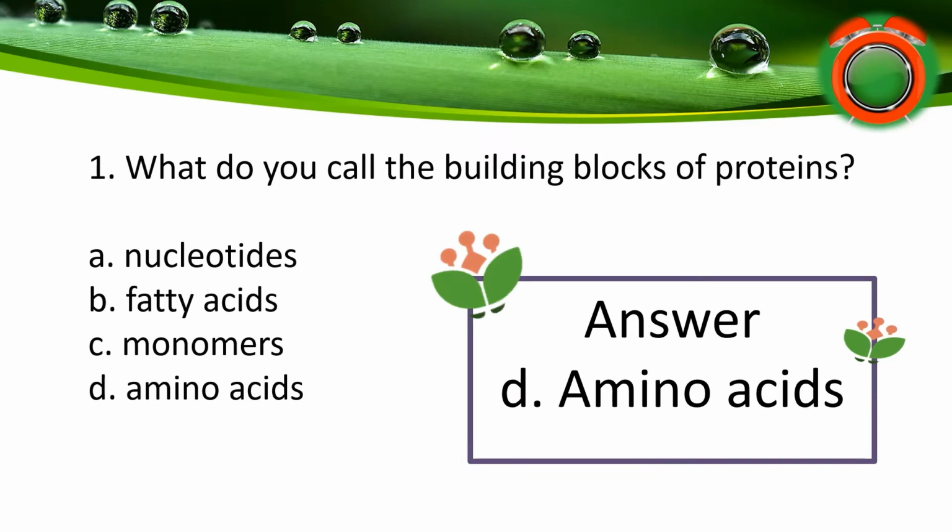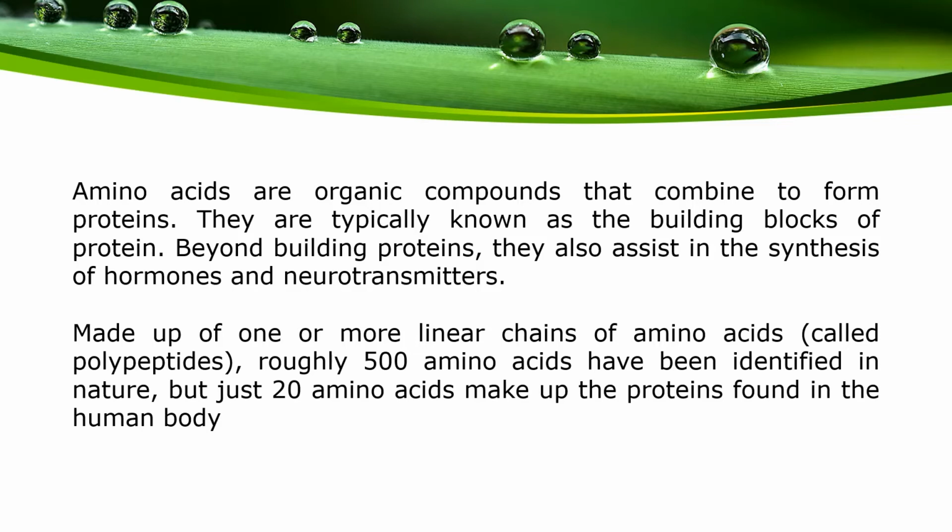Amino acids. Ang amino acids ay organic compounds na bumubuo ng protein. Kaya nga tinatawag silang building blocks. Pero maliban sa building blocks nga sila ng protein, nag-a-assist din sila sa synthesis ng hormones at neurotransmitters. So, pagka ang amino acids ay pagdugtong-dugtungin mo, ang tawag doon na pag nabuo ay polypeptide. Roughly, merong 500 amino acids na nag-i-exist in nature, pero 20 amino acids lang ang bumubuo ng protein na meron